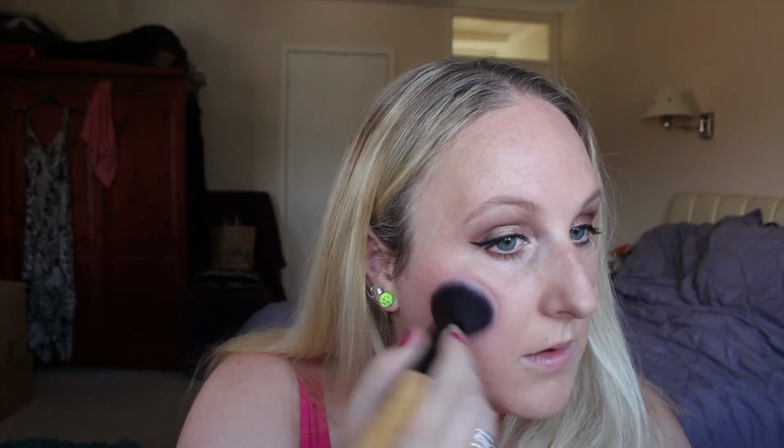The blush. So as I said, the shade I got is called Sugar Sugar. Looks really pretty. I'm looking forward to trying it. From a quick swatch, it looks quite matte, doesn't look like it's got a ton of shimmer in. It's pigmented. It is really quite pigmented. I put quite a bit on my brush, but